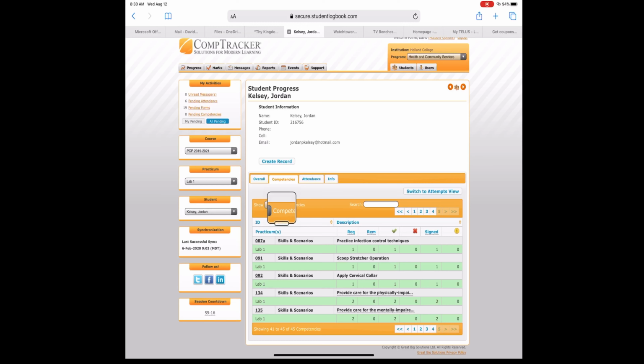One of the things you need to do is on your app, you'll find some type of synchronization button. All right? This needs to be synchronized after every lab. So you're going to bring your CompTracker on your device to your preceptor or facilitator of the day, and they're going to sign off the things that you've completed for the day. And then I will have a record